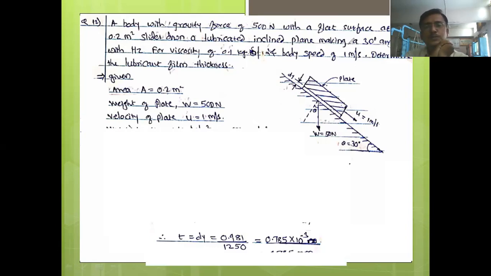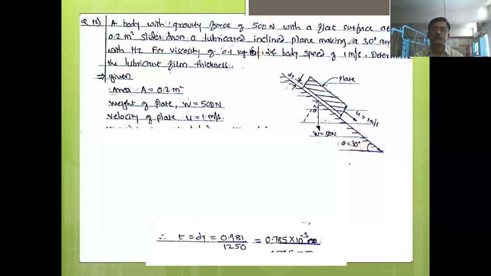A body with gravity force of 500 Newton with a flat surface area of 0.2 meters square slides down a lubricated inclined plane making a 30-degree angle with horizontal for viscosity of 0.1 kg second per meter square